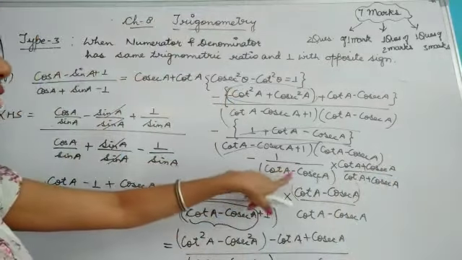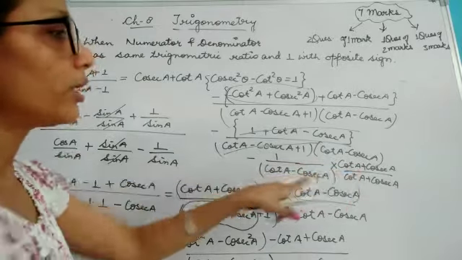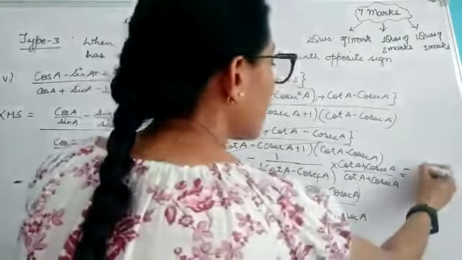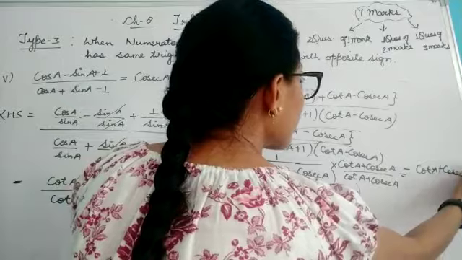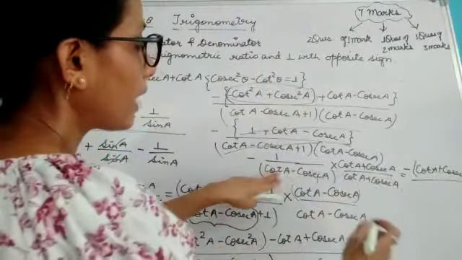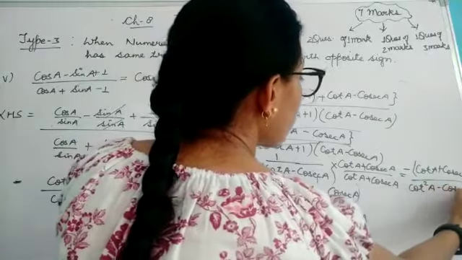So rationalization, take the denominator, whatever the sign you are getting here, you take opposite of it. So above I am getting, yes, minus sign is over here. So minus, above I will be getting cot A plus cosec A whole upon, this will be (A minus B)(A plus B). And what is this? Cot square A minus cosec square A.